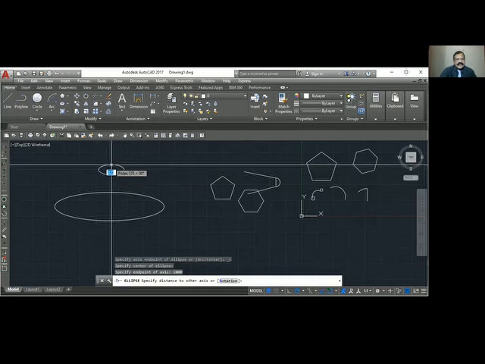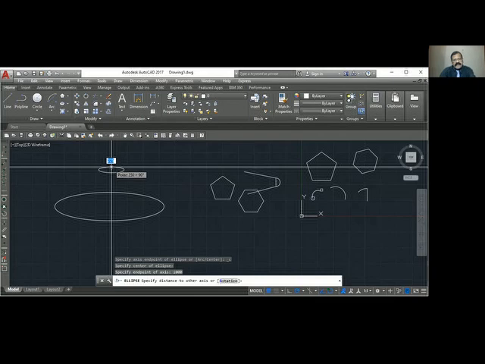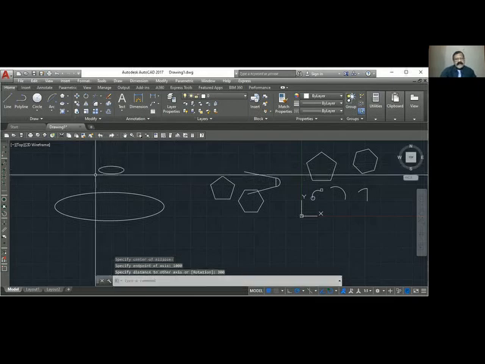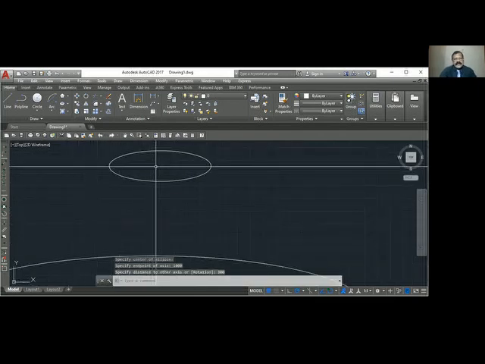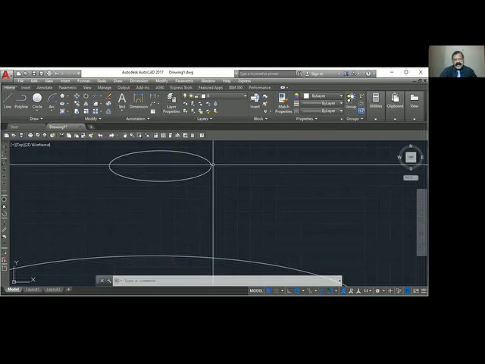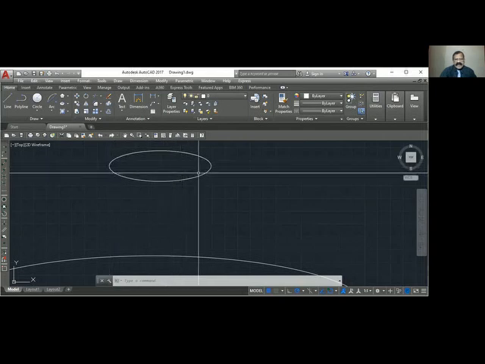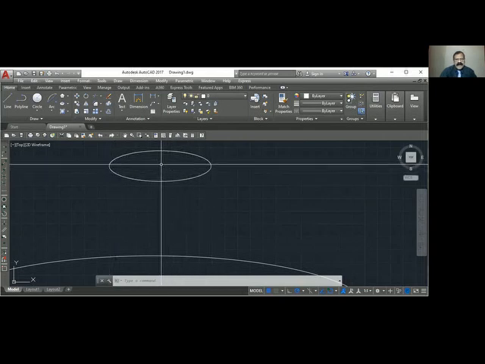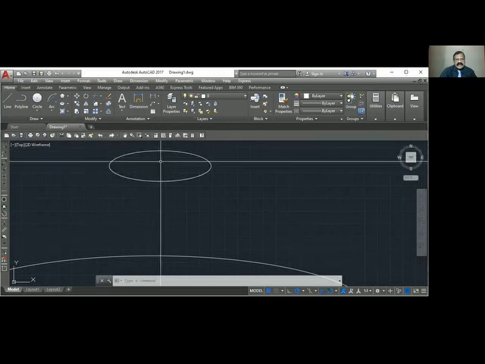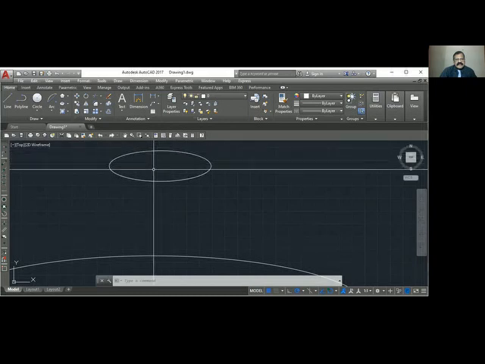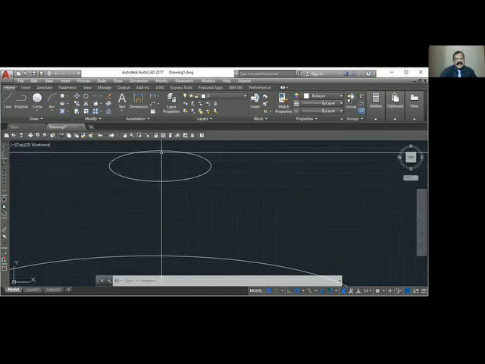So what is the distance to this? I'll say 300. Okay, so first we have shown the center point, then this edge point. Automatically it has taken the same distance to this side, and once we fix this, you give the other axis distance, which I typed as 300. That's how you do the ellipse using the center point.